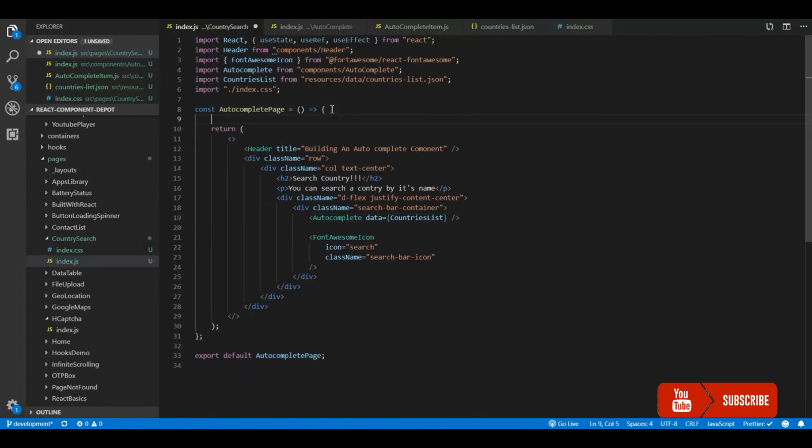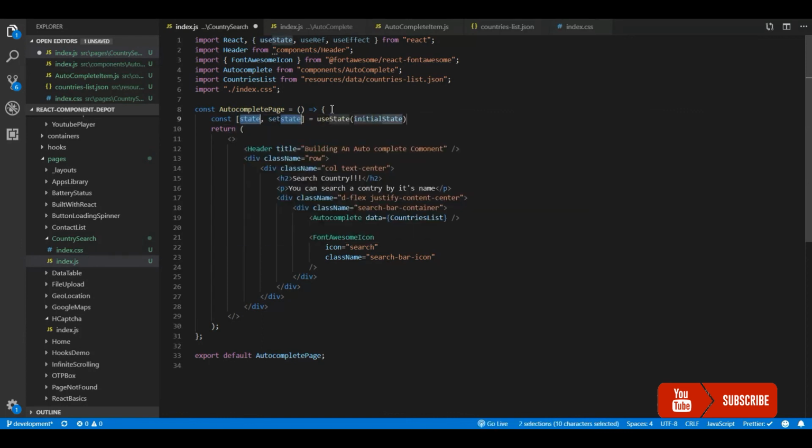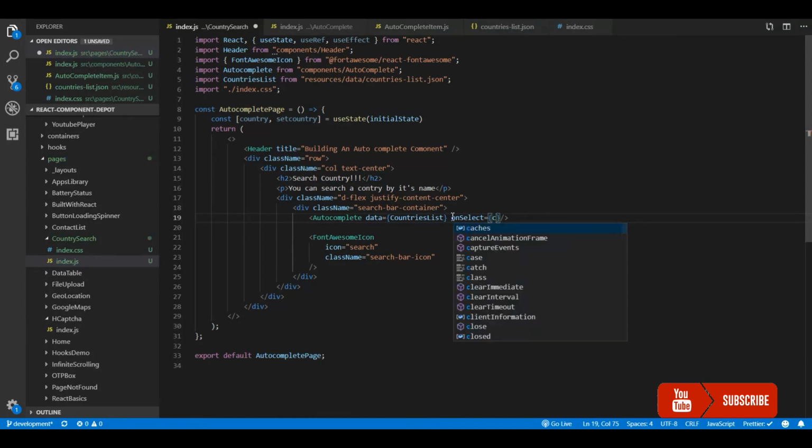Now if you want this data to be available in your parent component where you import this autocomplete, we'll have a state to get the value from the child component, and we'll pass a callback function to the child component. So whenever some value is selected, we will be aware of what was selected.